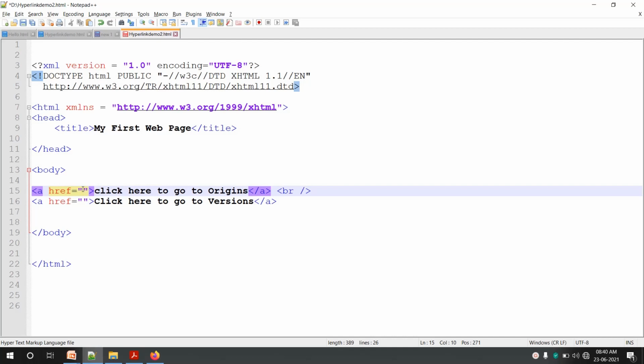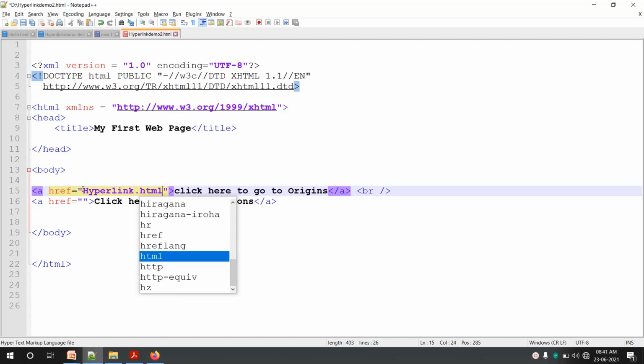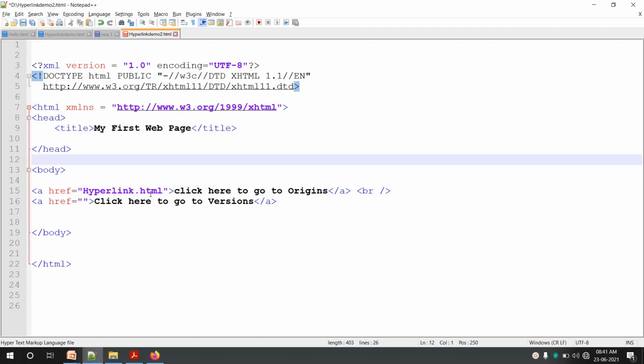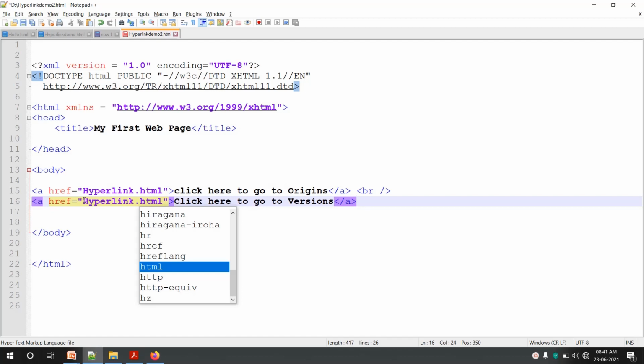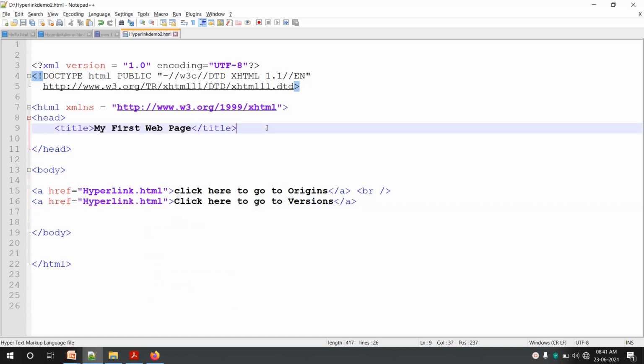So I'll say hyperlink dot HTML. Dot HTML. Okay, save it.